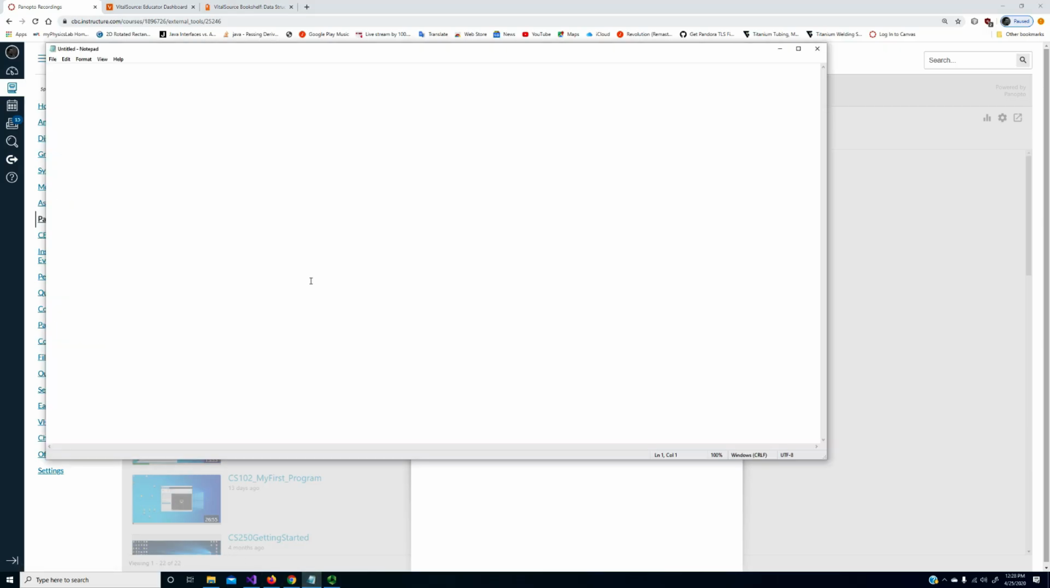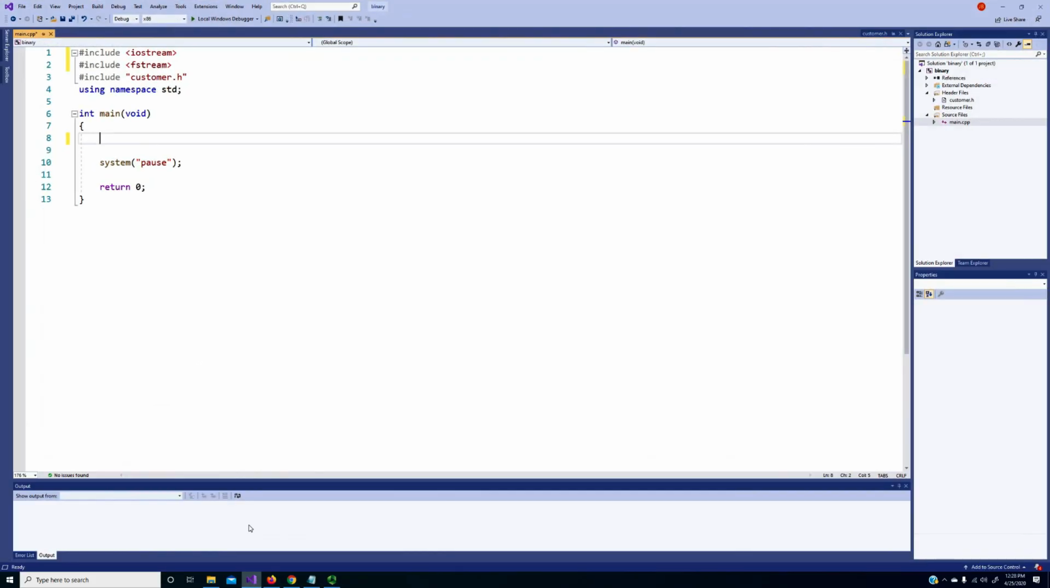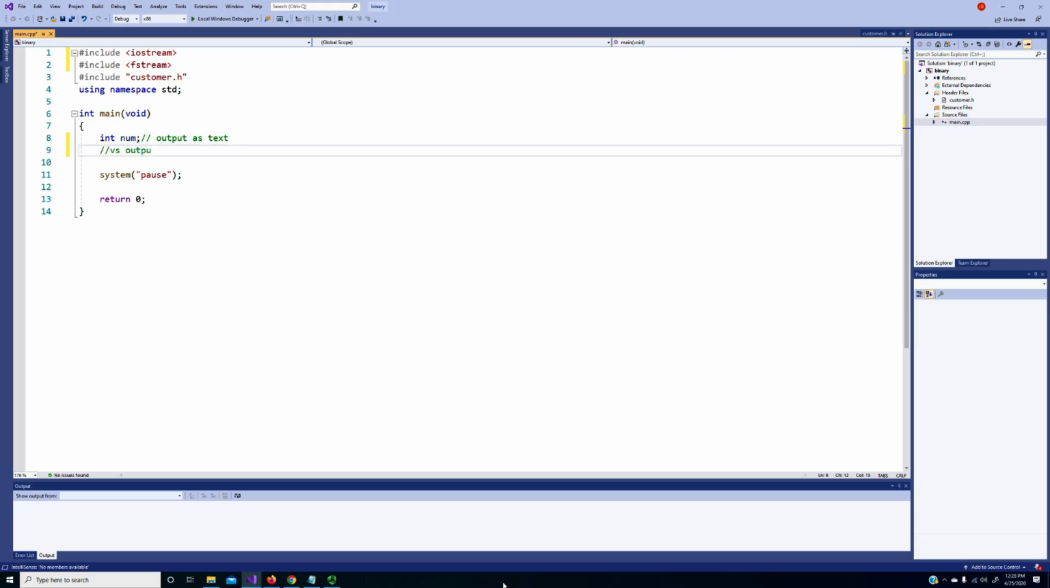Let's talk about text output, and let's say that we are outputting a number such as any kind of integer, and we are going to output it as text versus output as binary. So when you're taking the value that you store in number, and let's say that we put in the value 5,000,